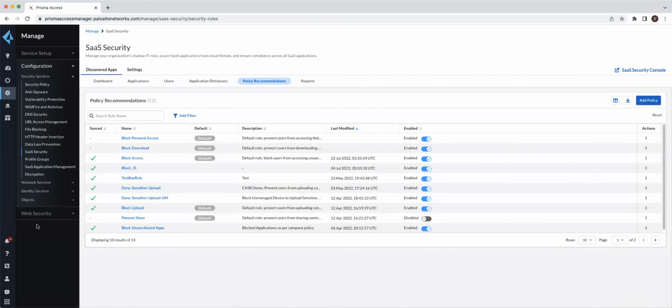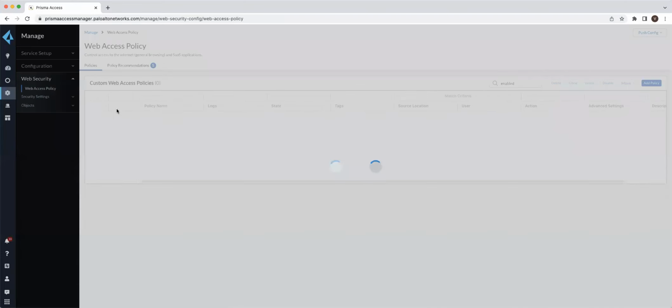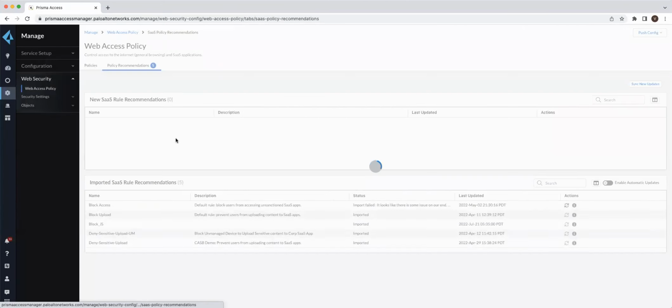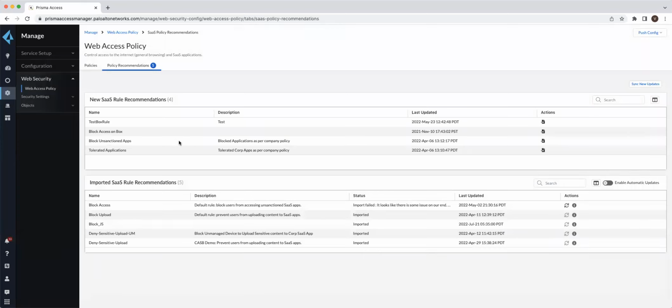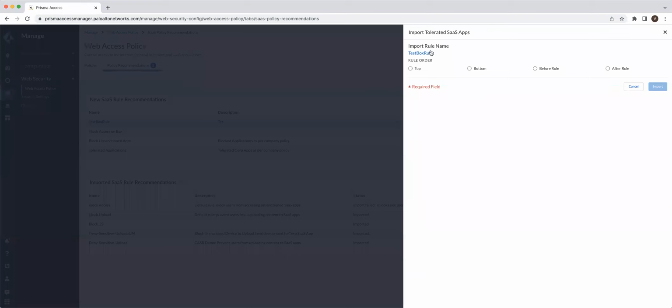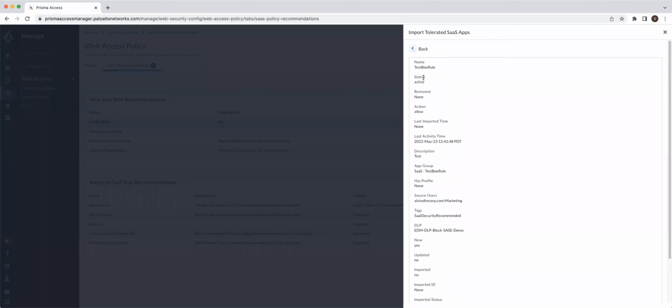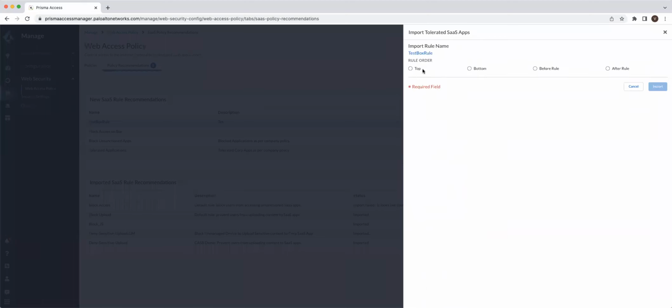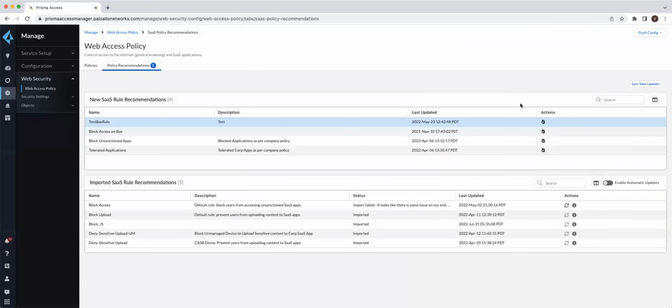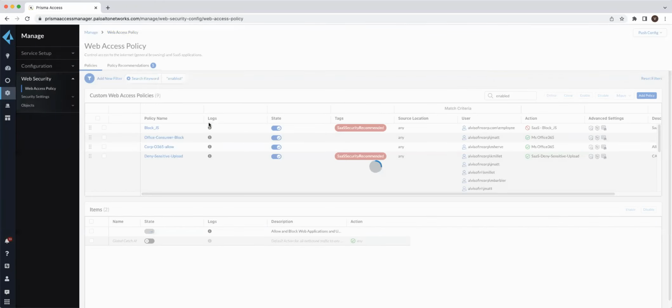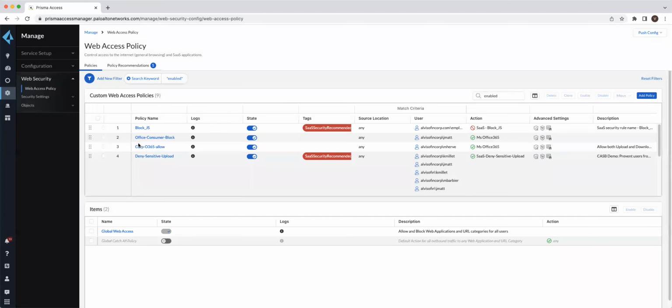And when the security admin goes in, he gets those policy recommendations which were defined by the SaaS security admin here. So all he does is look at what policy recommendations came in. He can click on actions and look at what was recommended in terms of the policy which came from the SaaS security admin, and then import those into the existing policy recommendation. So once he imports those into the existing web